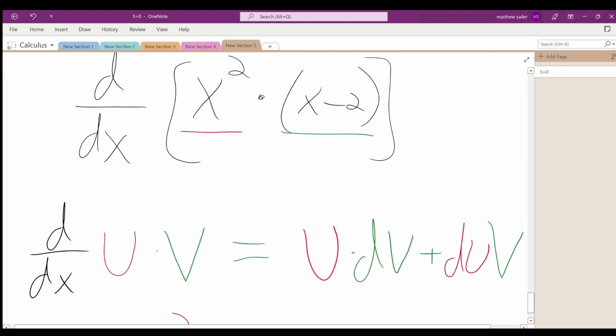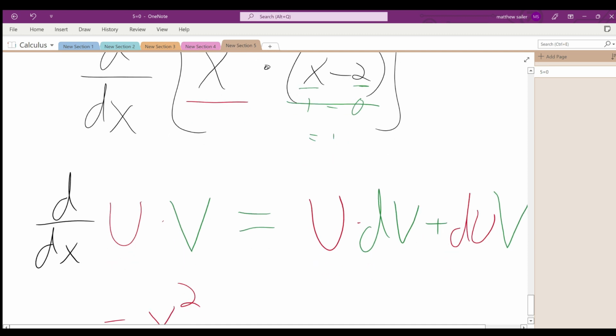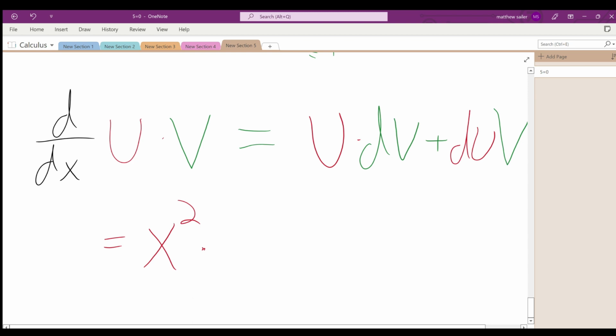So the derivative of x minus 2 is just going to be 1. Because of the commutative property, taking the derivative of x minus 2, you can split it up and take the derivative of x minus the derivative of 2. And derivative of x is 1, derivative of 2 is 0. So this is just equal to 1. So we have x squared times 1